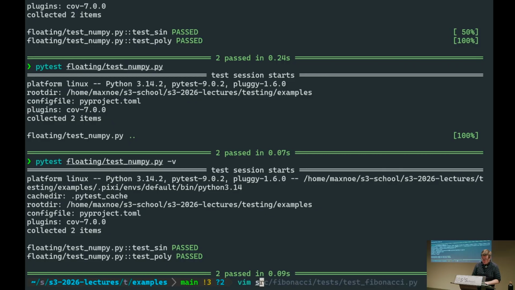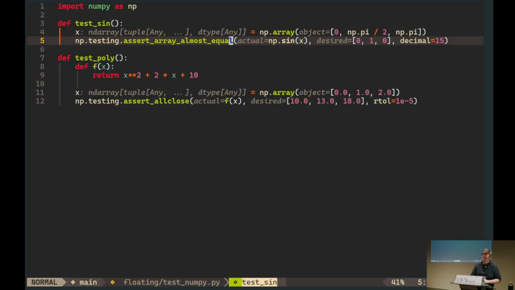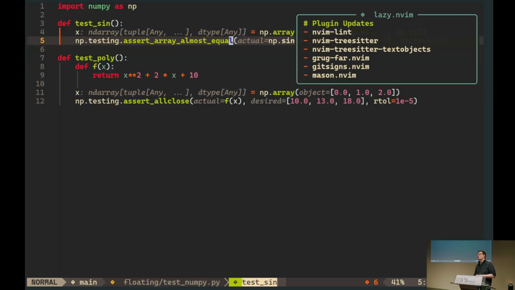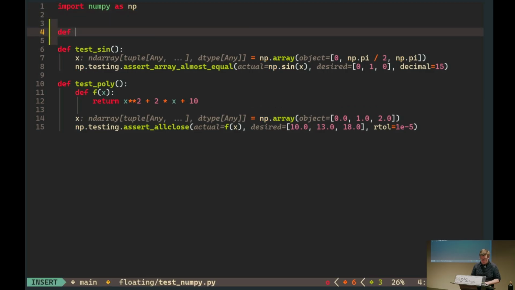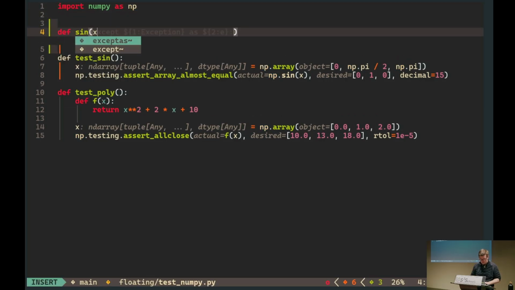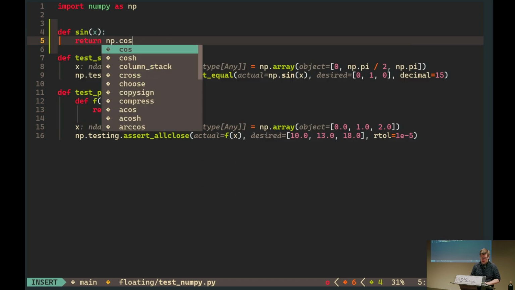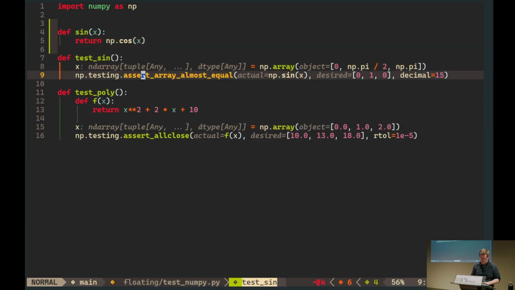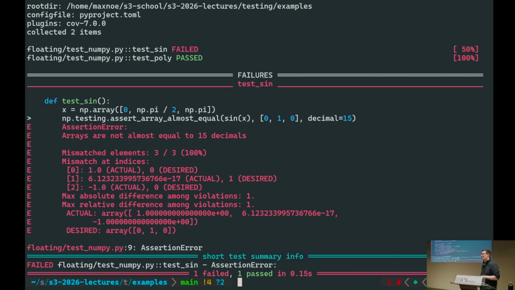One recommendation I would also give you is that if you are writing tests, break your code to see if the test actually catches an error. So let's imagine we don't test the NumPy sign, but we have our own faster implementation of sign, whatever. But by accident, we computed the cosine. And then these